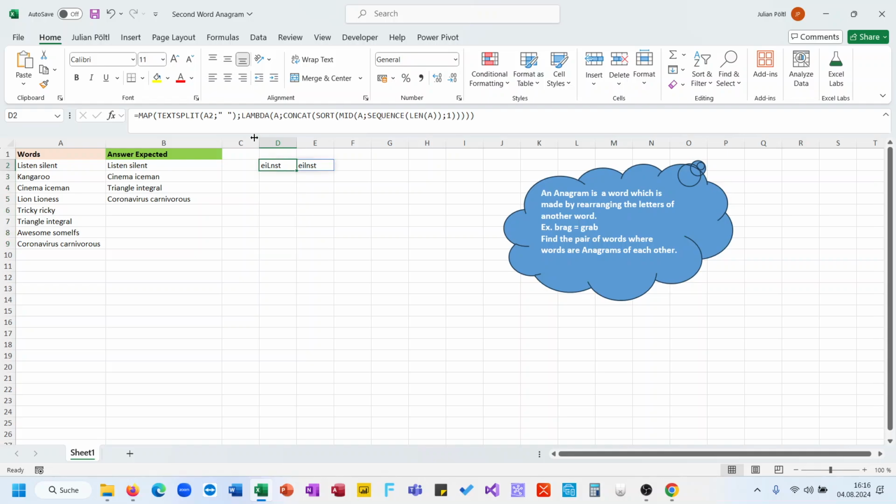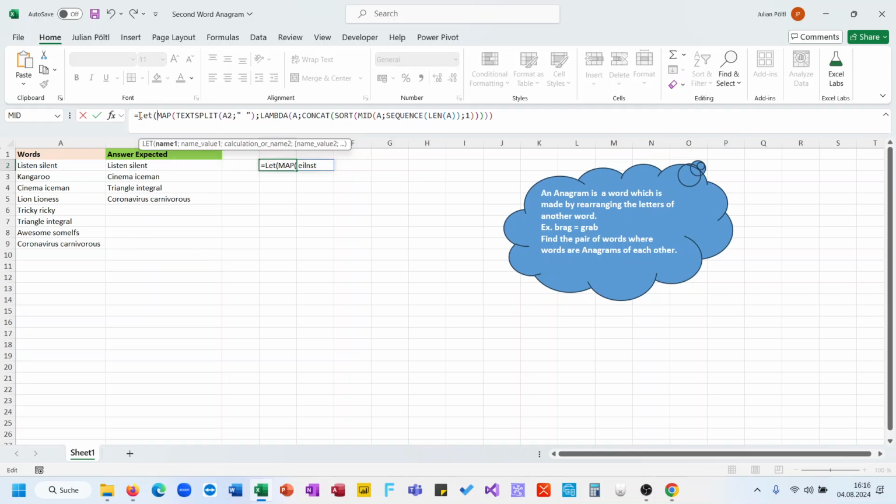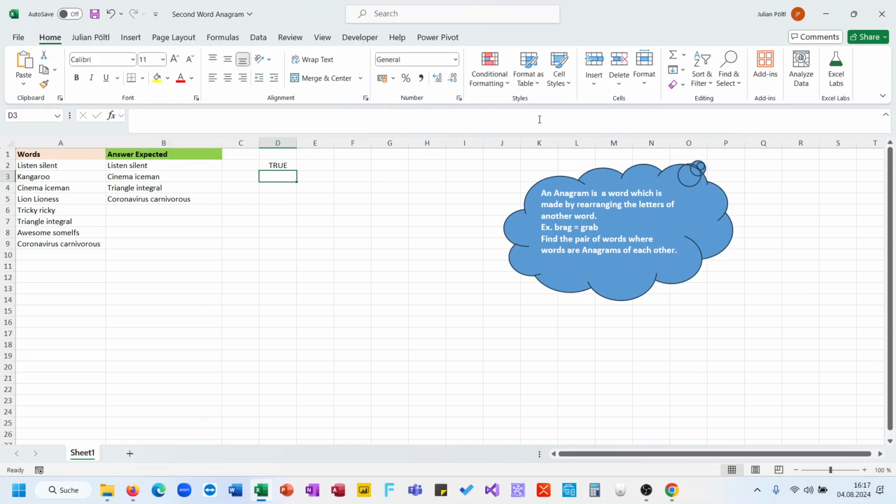And now, R for result. Now index R1 should be equal to index R2. And if this is true, it's an anagram. If it's not true, it's not an anagram. Ref is also false, so